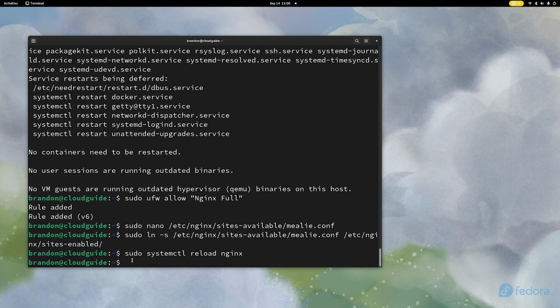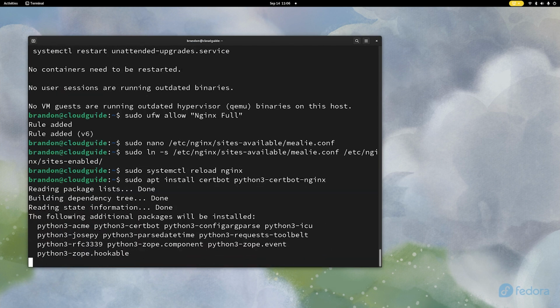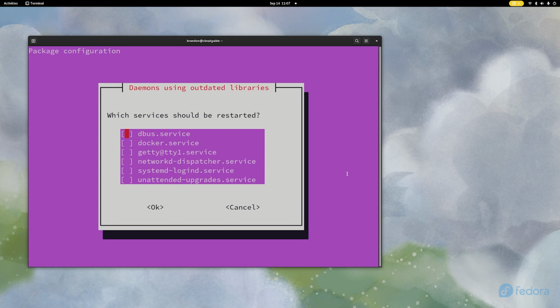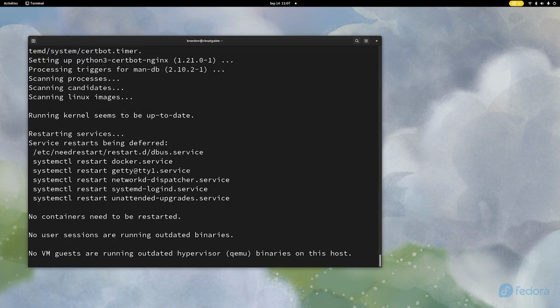And to do this, we are going to want to use Certbot. So we're going to need to install two packages, Certbot and then python3-certbot-nginx. So let's hit enter, install these packages. Yes, continue. If this comes up again, we just want to go OK. And now we can actually run the Certbot command to generate our certificate. And that is simply going to be sudo certbot, and then we're going to do --nginx, and -d for the domain, and the domain is going to be